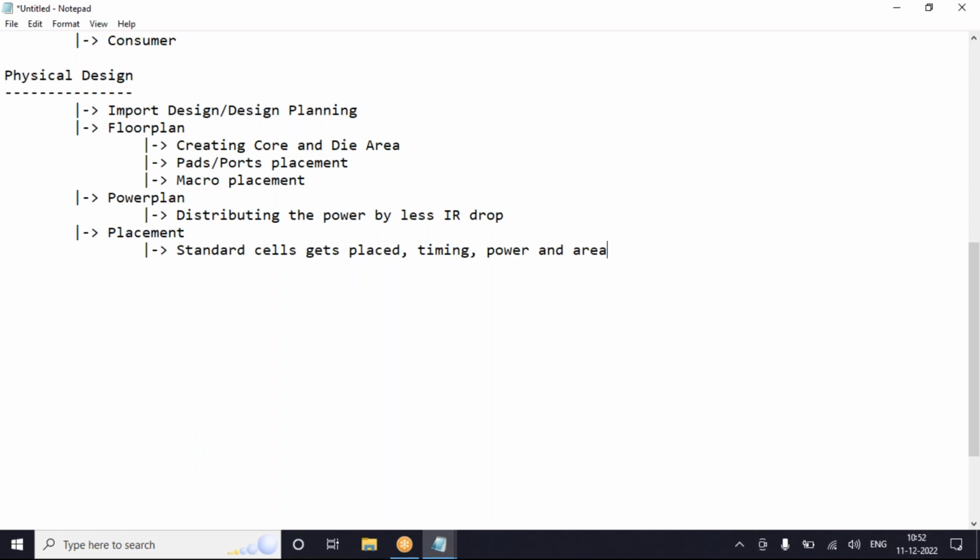From here onwards, you will start to observe all these three: timing, power, and area. These three are compulsory. It should be optimized, or it should be placed in such a way that I get better timing, better power, and also the area is less.